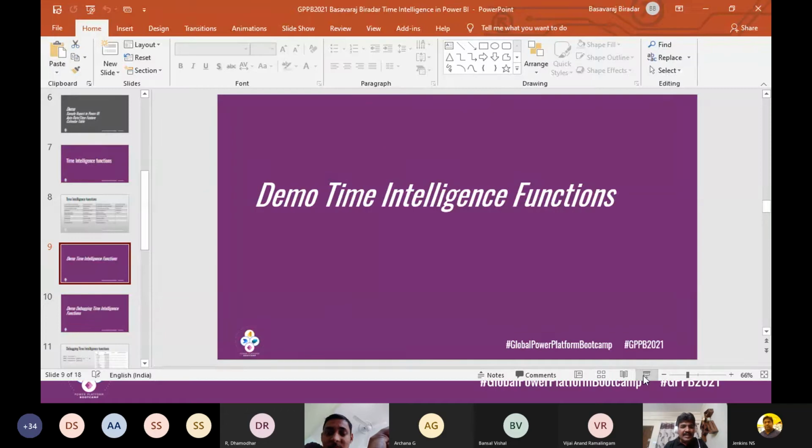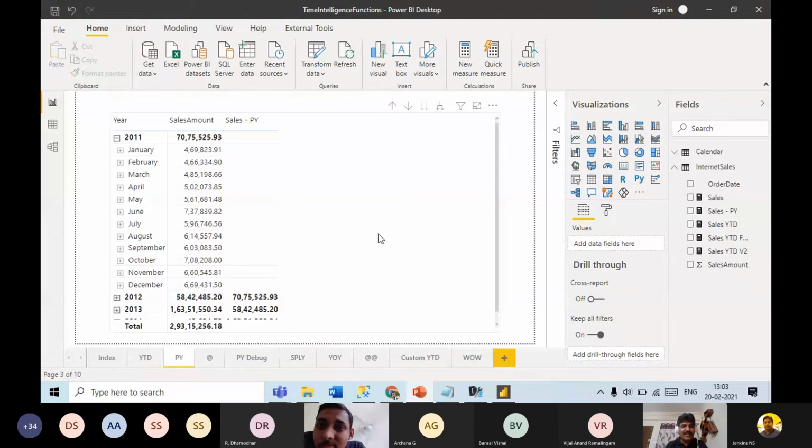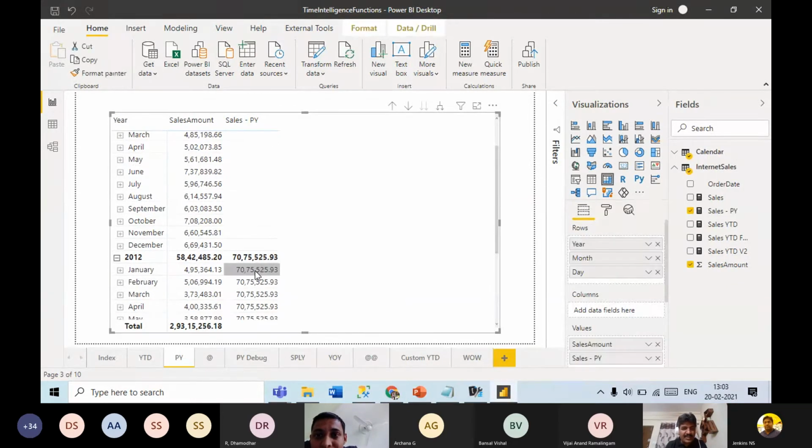Debugging here is not like .NET debugging, where we put debug pointers. Debugging means what I was explaining, correct? At month level, I was telling you it is showing last year complete sales amount, so I should know what context it is using to calculate this. What is the date context it is using? That is what I mean by debugging here. So let me show that here.